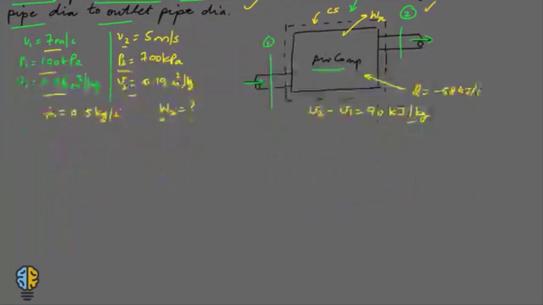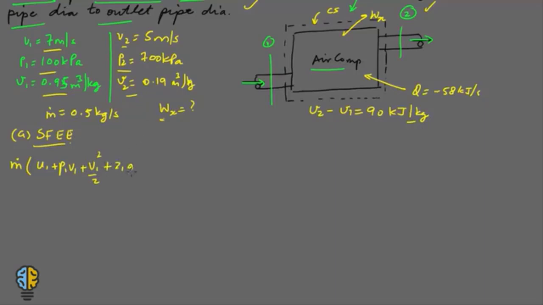So if you write down the SFEE for the first option, that is finding out the shaft work input, that would be equal to m dot into u1 plus p1 v1 plus V1 square by 2 plus z1 g. This is h1. So we have split h1 into u plus pv because we have these values u and p and v,